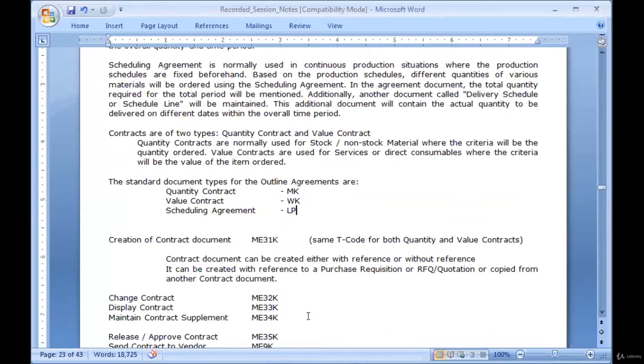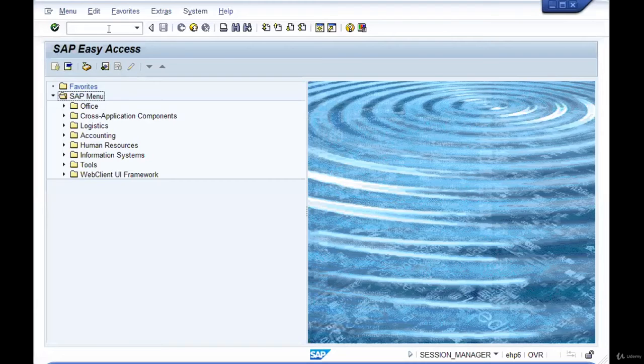The transaction code for both quantity contract and value contract is the same, and the quantity contract or value contract can be created with reference or without reference. So let's see how to create the document without reference. So we go to the transaction code ME31K,